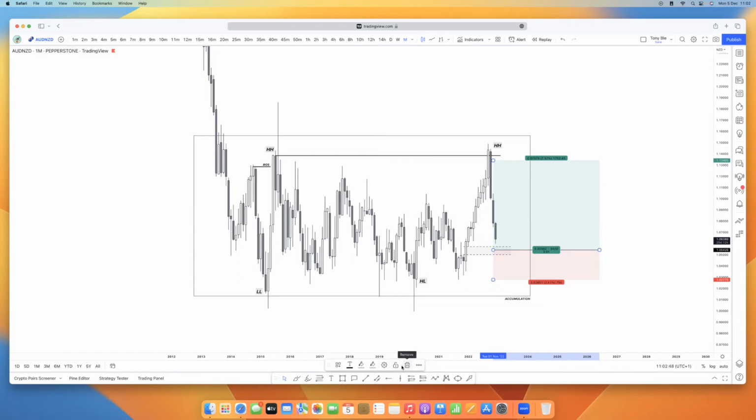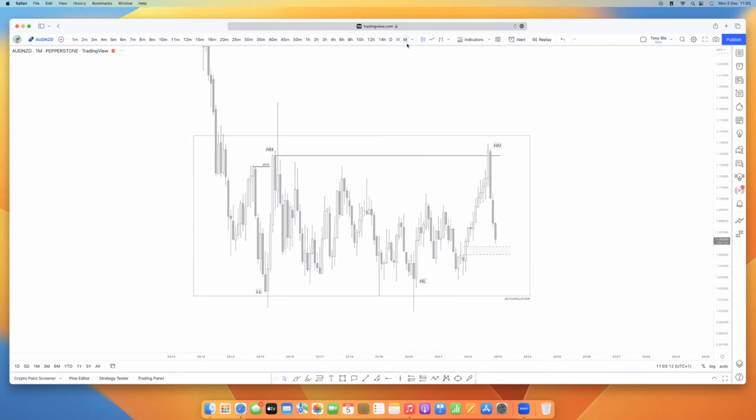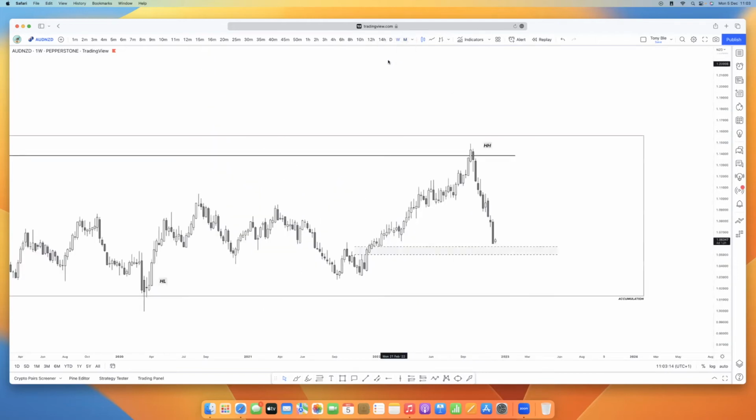Is that fair enough? It's not fair for me because we waited so long just to make that. So no. All right, wait for accumulation. Let us see that breaker structure in this area to go up. Okay. And now we'll scale down to the weekly time frame, daily time frame.